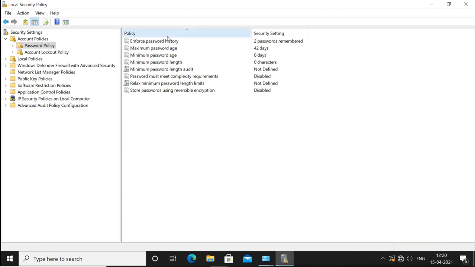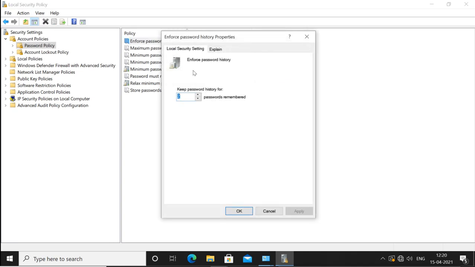So this is what password history is. It remembers the previous 2 passwords if you configure 2. Now you can configure more than that; you can go maximum up to 24. So you can set this policy up to 24. That means if you are changing the password daily, then you can reuse your favorite password after 24 days. Now I will make it 0 again, so that other policies will not be affected when I configure this policy.